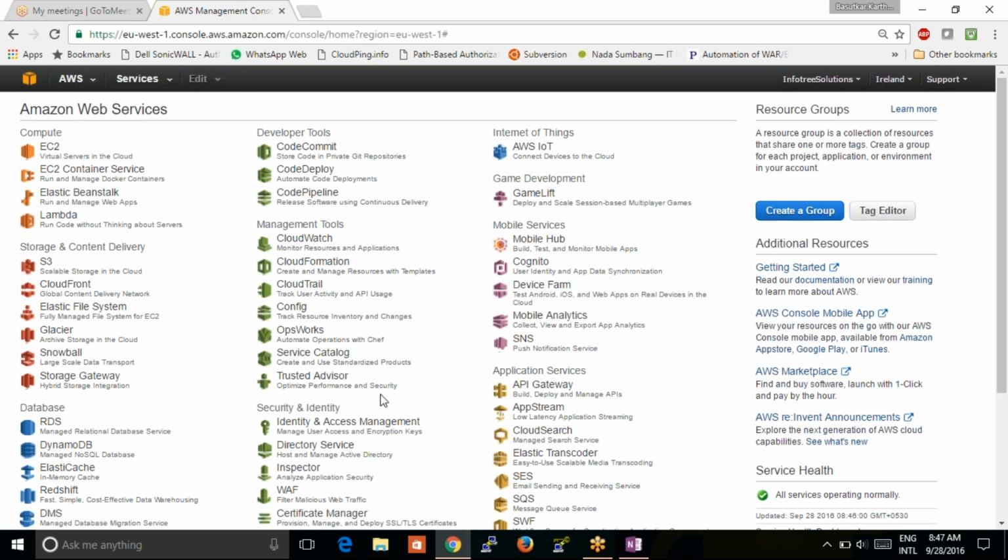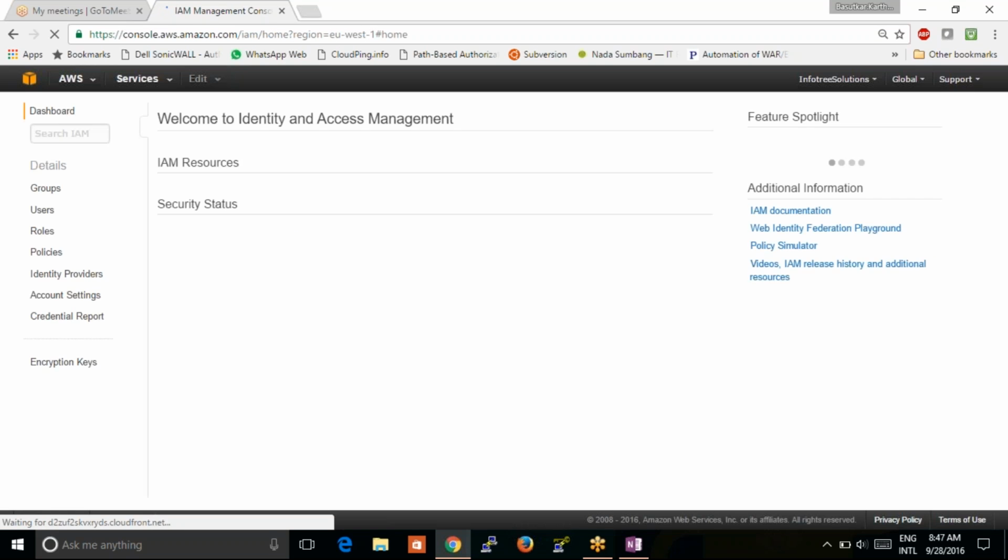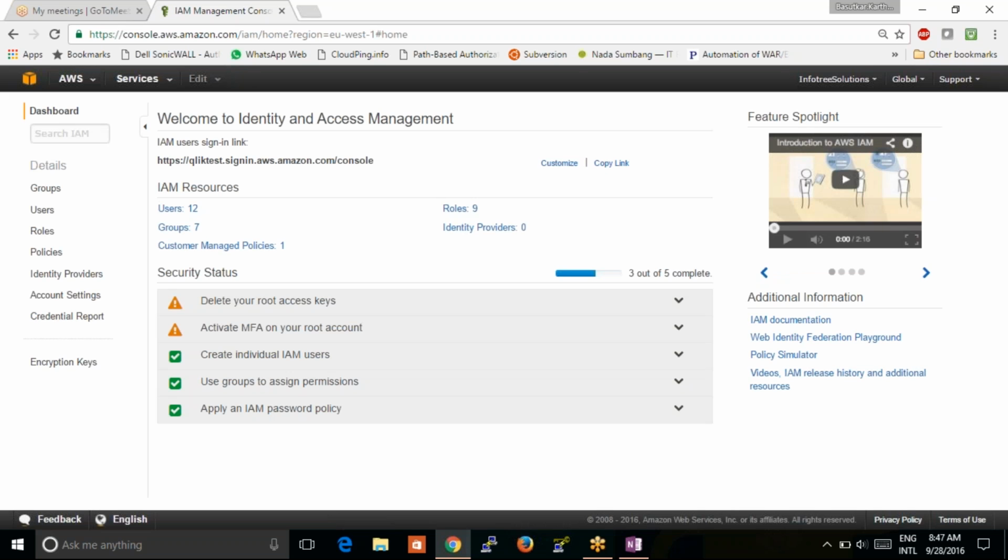Okay, let us directly enter into this service. This is an overview dashboard of the IAM service. Under this you can see IAM resources. Users cannot log in with the link that I have used. See what I have done, I just typed this portal